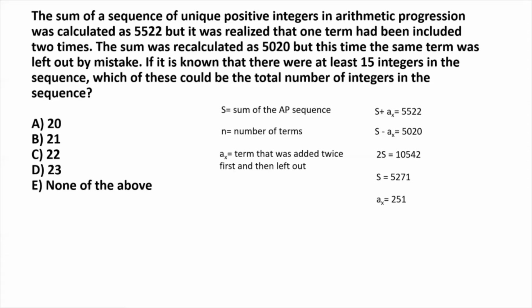So from this point, all we know is we have the sum of an AP series. It's a certain number of unique positive integers in arithmetic progression. So we know that sum S, and we know one of those terms in the AP series, but we don't really know exactly which term it was, right? And this seems like a hard problem from here on to determine what could be the total number of integers in the sequence, because we can start playing all sorts of guessing games, and maybe some of you will be able to figure out just from here by assuming different x's for the missing term,